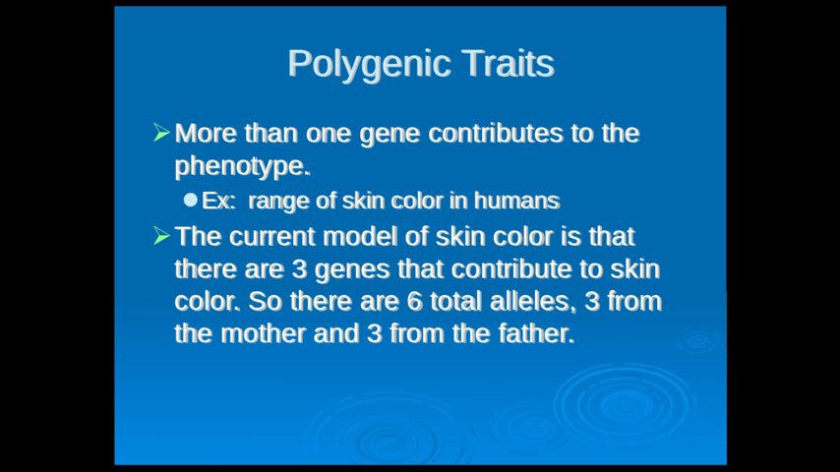All right, then you also have polygenic traits, and these are ones that need more than one gene to contribute to the phenotype. So skin color is a great example. The current model of skin color is 3 genes that combine to contribute to skin color. So that's a total of 6 alleles. 3 from the mother, 3 from the father. That's how you get your skin tone. That's why all races have different skin tones. You're getting 6 different alleles coming together to form